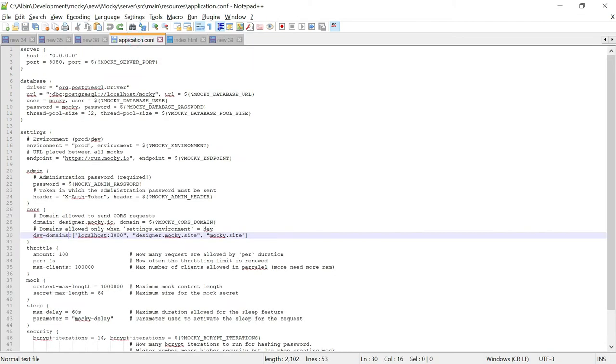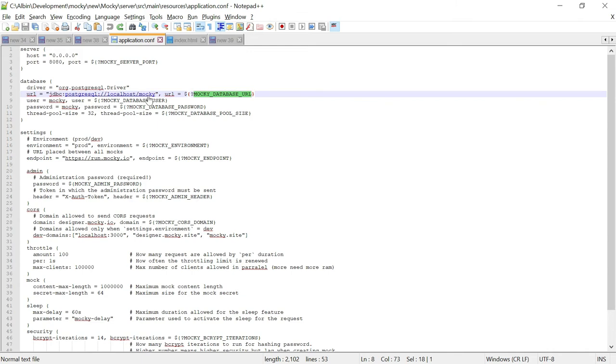There is a configuration file in the server module. If you see here, it's under Mocky server, src, main, resources, application.conf. There is a database setup configured, and a lot of other configuration, like the port number. All values you can override through environment variables. See, Mocky server port, you can set this environment variable in your command prompt so that the port is overridden. In the same way, here is the default URL, and the database name is considered as Mocky. But if you want to override it, you can do that by setting this variable.